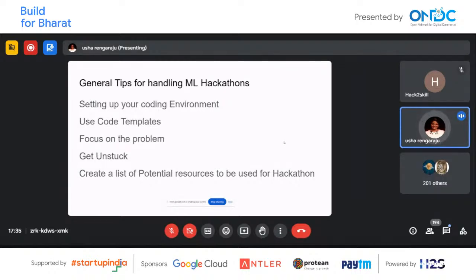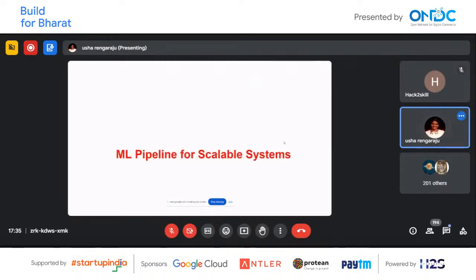How do they want that product to be delivered? Do they want it as a web application? What are the inputs it takes? What are the outputs it gives? So read the problem statement very carefully on how the POC demo has to be delivered. I put a lot of effort into understanding and getting clarity on all of these things.